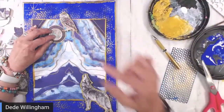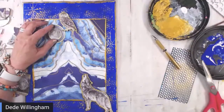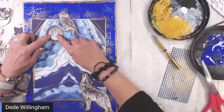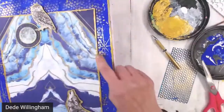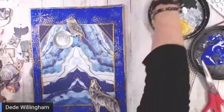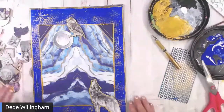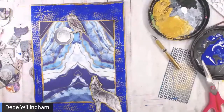all right, let me just kind of hold it there for just a second. So it kind of looks like he could be kind of resting on it. You know, that. And again, I'm going to put glitter and stuff around there. And I can do more. We'll see. Right now, I'm just kind of trying to get a base. We can always go back and add more stuff. But I'm kind of liking that as a cover. If I wanted to, I could do little...